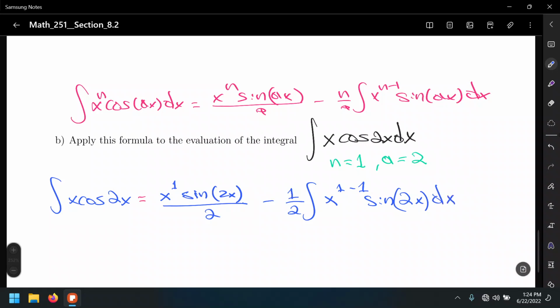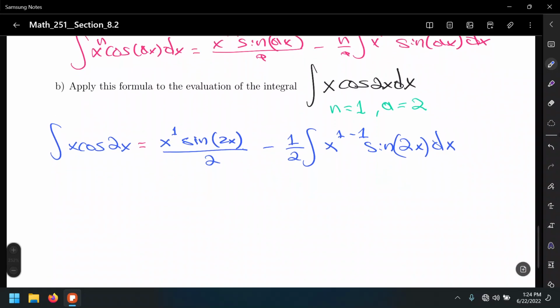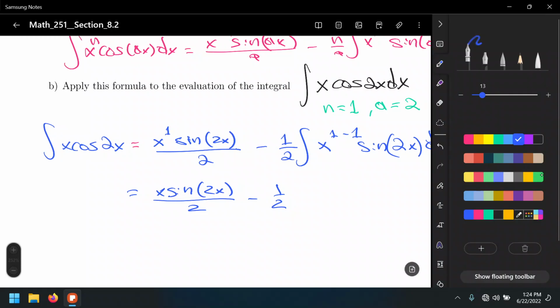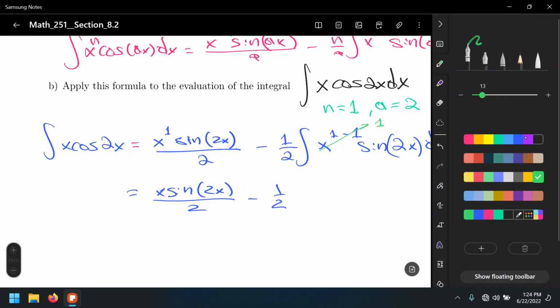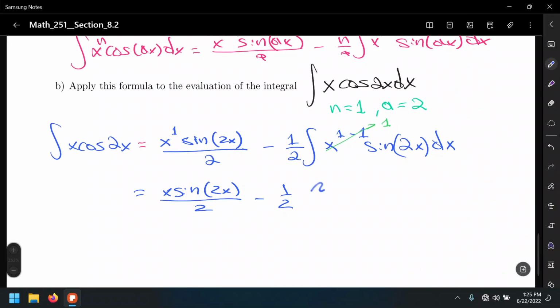We can simplify the first term by erasing that invisible 1: x sine 2x over 2 minus 1/2. So what's going to happen here? This x to the 1 minus 1 is x to the 0, which reduces to 1. And 1 times sine is simply sine, right? So 1/2 sine 2x